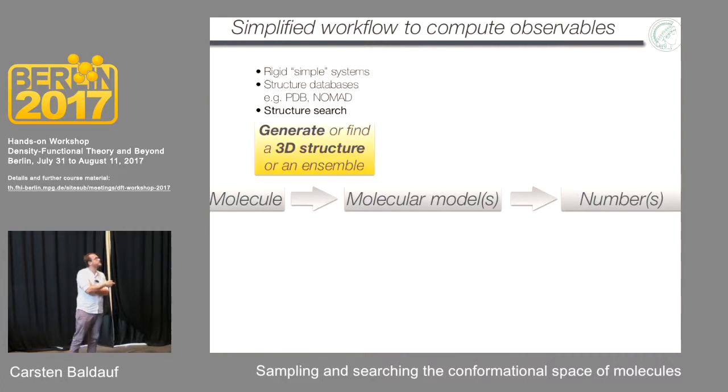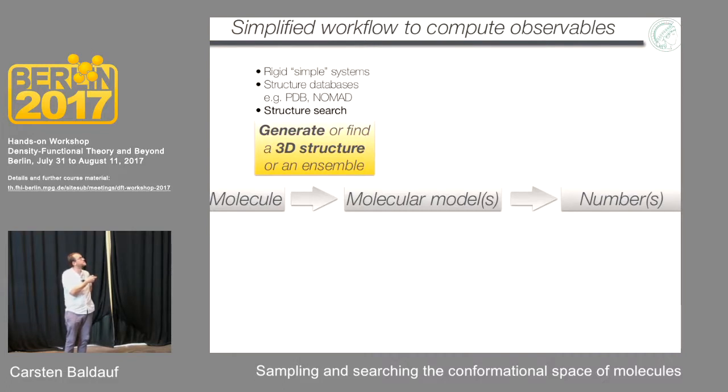This is typically not very easy because there are many things that one has to do on that way, right? I mean, first of all, we need to have a structure. And if it's a simple rigid system, we can just draw that. For a simple molecule, let's say benzene, I don't need to do a structure search. I can draw that and I can perform a local optimization and it works. But if it gets more complicated, more degrees of freedom, more involved system, then we have to either be lucky that someone, for example an experimentalist,